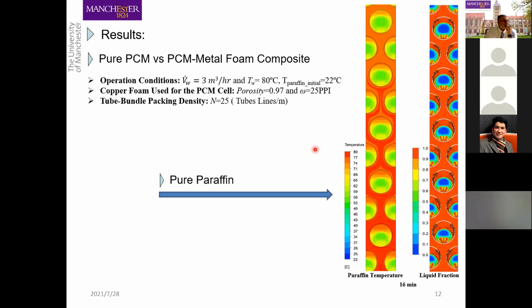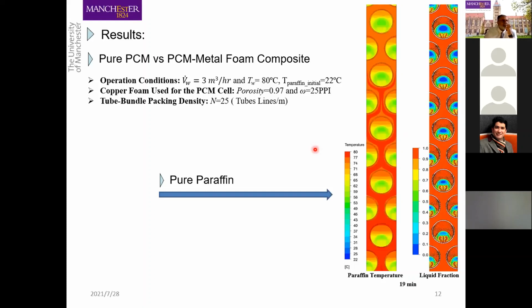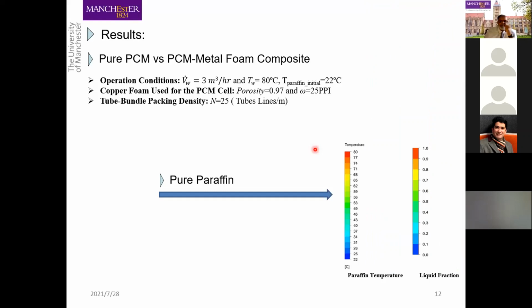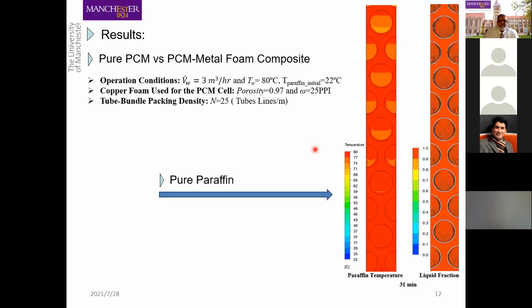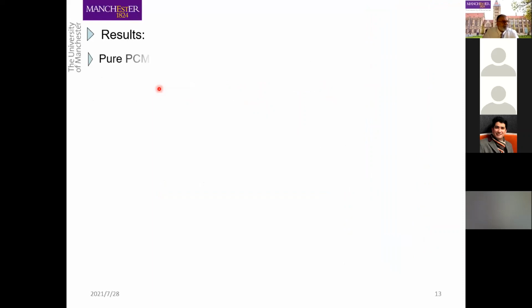Okay, I think it's more demonstrated here. This is after 19 minutes, and the melting process continues until it's completed after around 31 minutes. This is for porosity 0.97 and pore density 25. So regarding